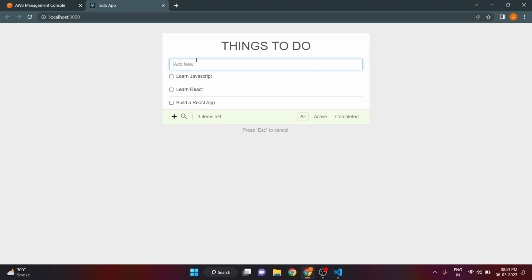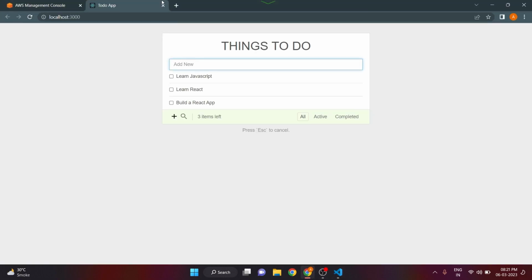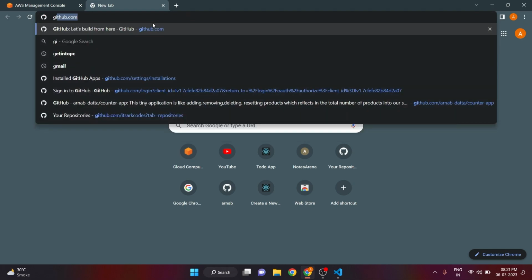We can input our list and it will be added. We can also use it with this checkbox. So this is our application and now we want to deploy it on Amplify. So the first step is to push your code to a repository. So we are using GitHub as our